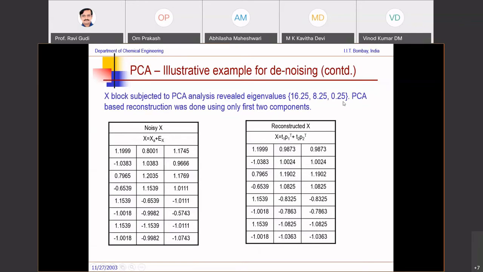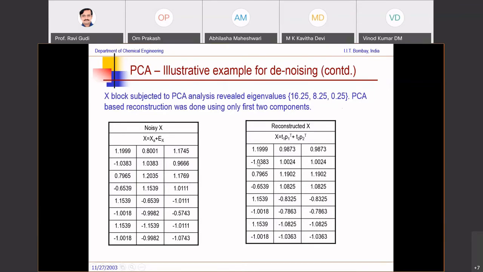Okay. So with PCA, when I'm looking only at the first k components, as Professor Mani must have taught you, when you do PCA, you are in some sense doing denoising. You are removing the noise. Now, if I take only the first two components, because if you look at this here, 18.25 and 8.25 are basically the first two components, and I reconstruct X from the first two components, you see that I get nearly identical values, in terms of the first two, but not the third.